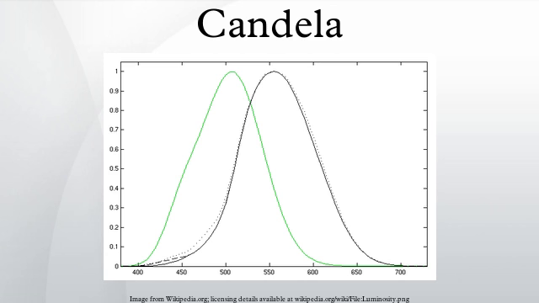The candela is the luminous intensity, in the perpendicular direction, of a surface of 1/600,000 square meter of a black body at the temperature of freezing platinum under a pressure of 101,325 newtons per square meter. In 1979,